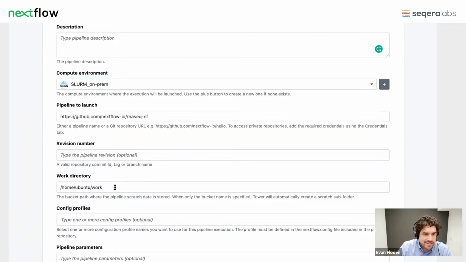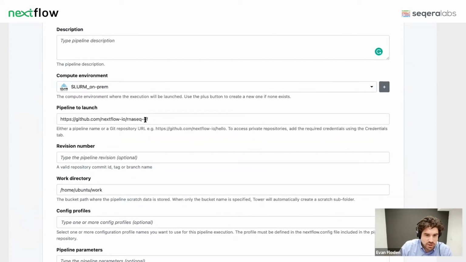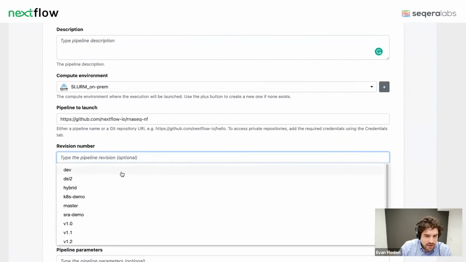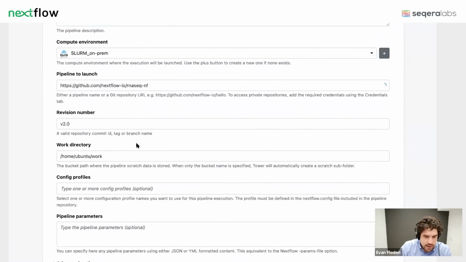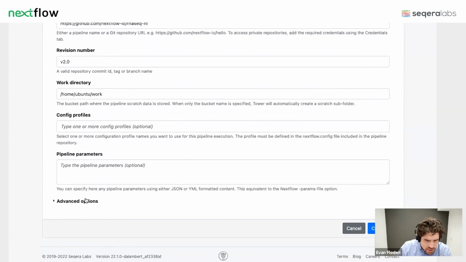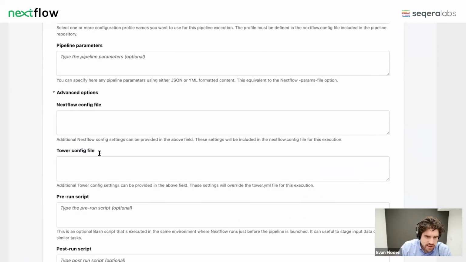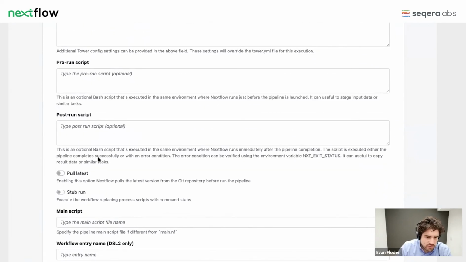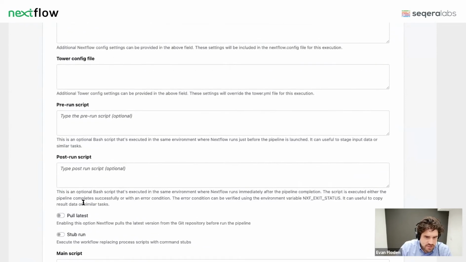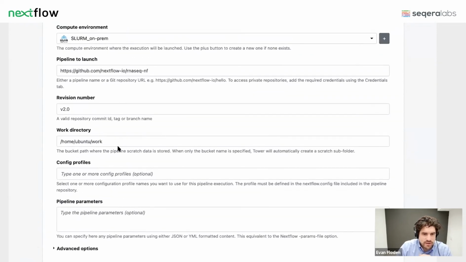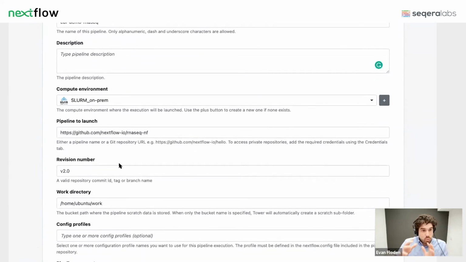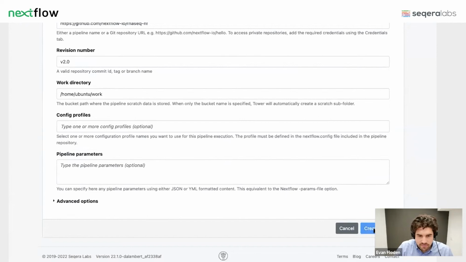my shared file system. So the principles of Nextflow here are really being applied, that we are defining the workflow we wish to launch, where we're going to run it, and choosing a revision for that. There's a bunch of advanced options if you want to specify the config file, Tower config, I'll show you in a moment, etc. All of this becomes, for the most part, we are defining a couple of things: where we're going to run, which pipeline we're going to run, and the version of that, and then making that